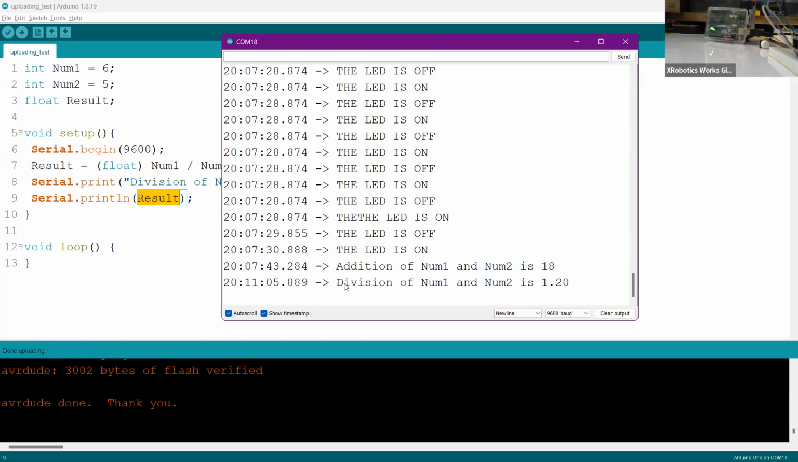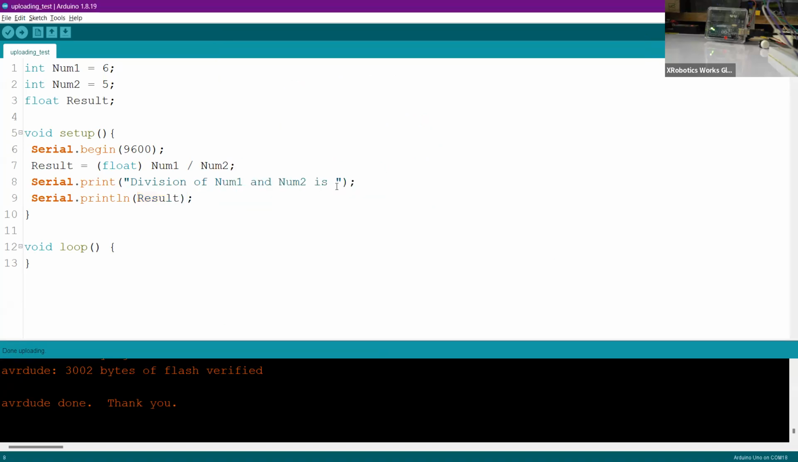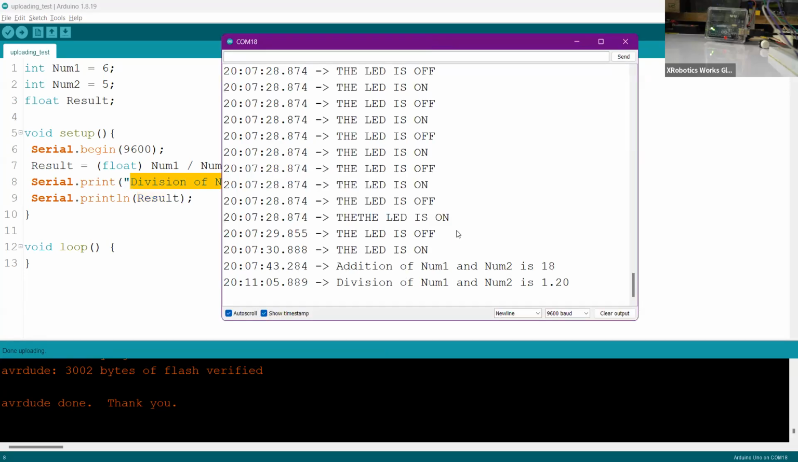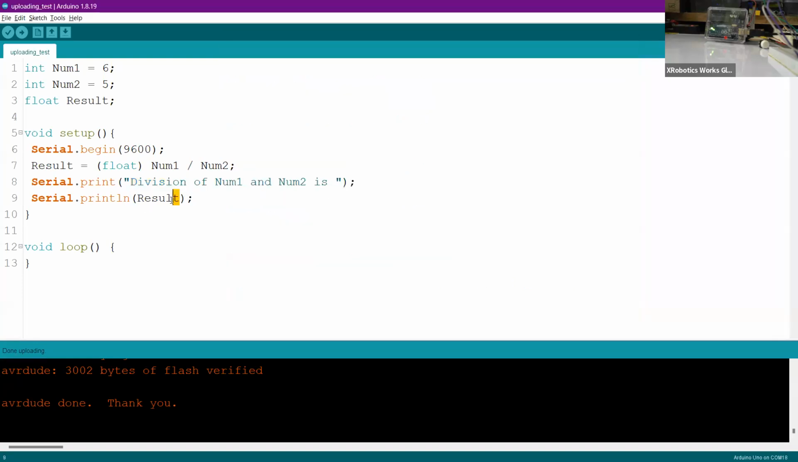So the division of number 1 and number 2 is coming from the first line of the serial print, that is this one, which is under code, and it is printing as it is. But if we look closely at the second line, after the number is 1.20, and there is no such places of 1.20 mentioned properly, right, apart from